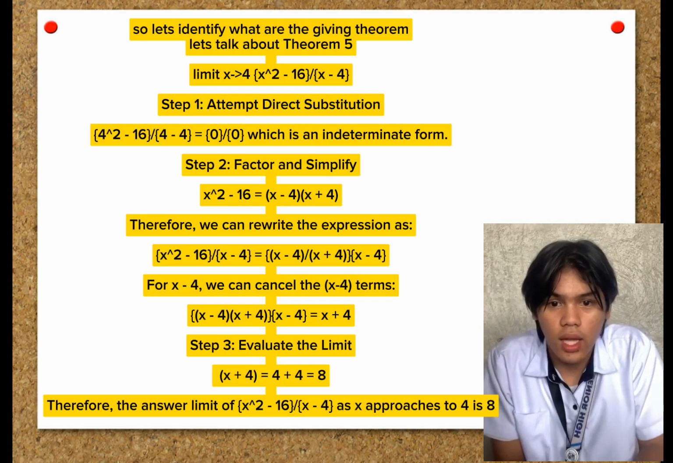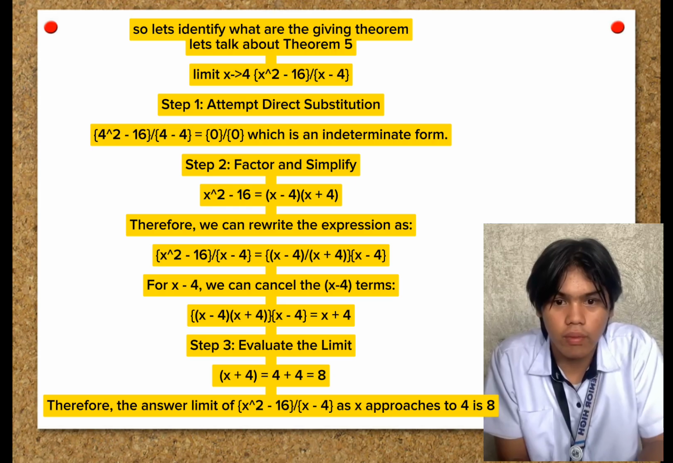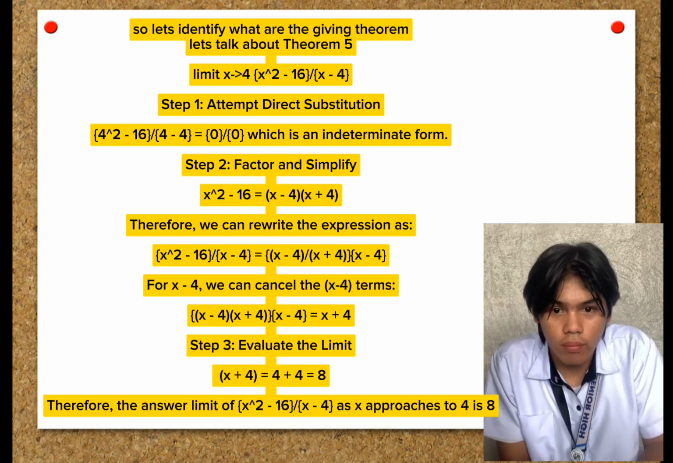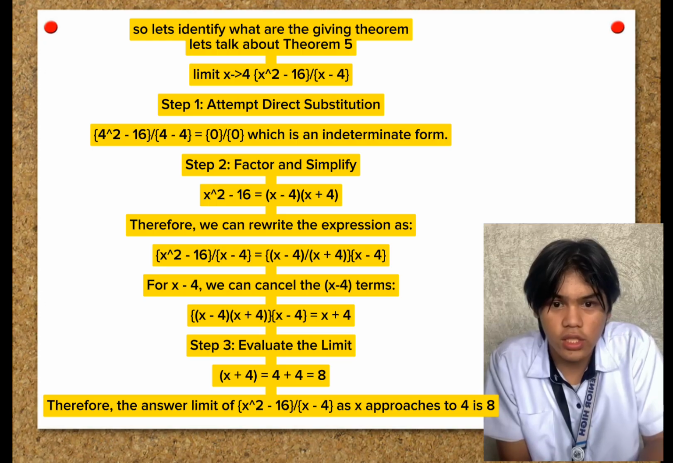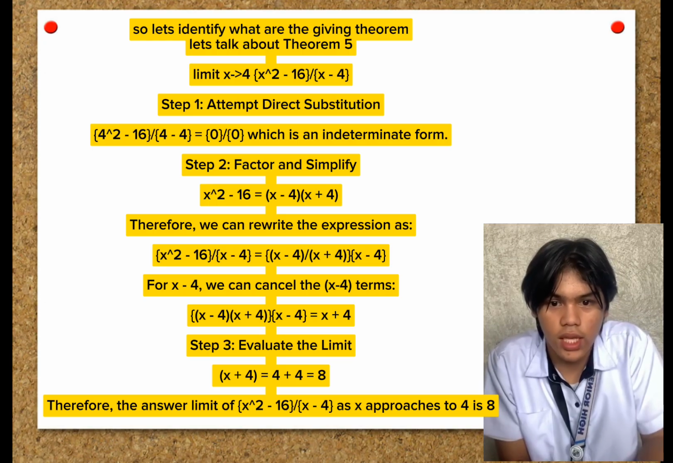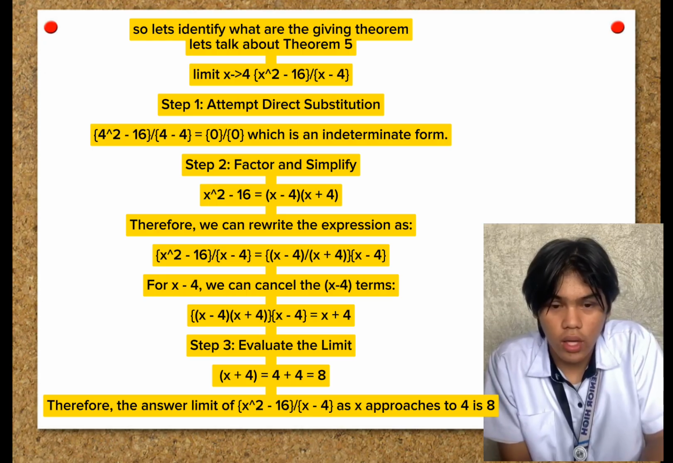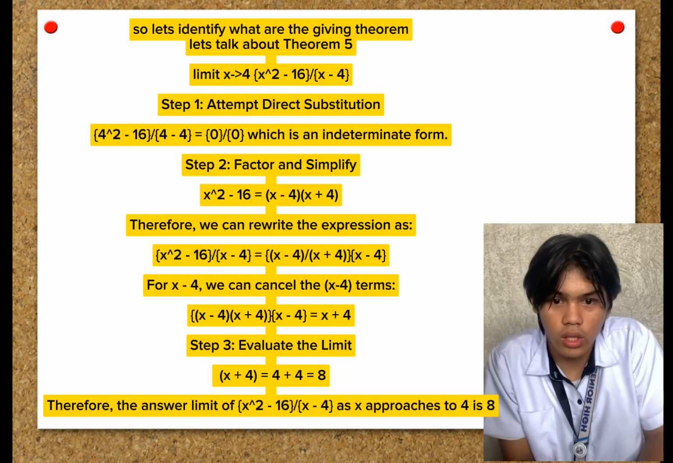So let's identify the given theorem. Let's talk about the theorem part. The given limit is the limit of x squared minus 16 over x minus 4 as x approaches 4. Step 1. Attempt direct substitution. If we try direct substitution, we get 4 squared minus 16 over 4 minus 4 equals